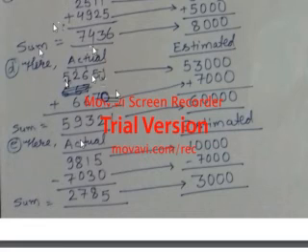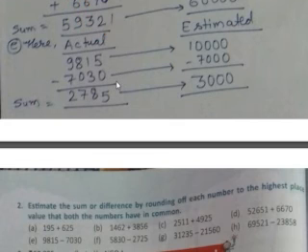So when 7,000 is subtracted from 10,000 it is 3,000. When you see the actual subtraction, 5 minus 0 is 5, and 1 minus 3 needs a carry, so 8 gives a carry to 1 over here and it becomes 11, 11 minus 3 is 8, and 7 minus 0 is 7, and now 9 minus 7 is 2. Here you can see the actual subtraction is less than the estimated subtraction, so it is good. 2785 is the actual subtraction and 3000 is the estimated subtraction.